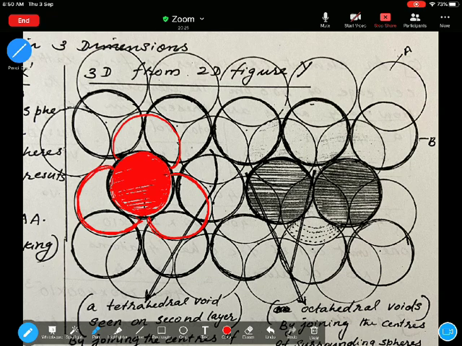In that gap you can keep a small cation. Cations are smaller. Anions, these red balls, these are anions. In the case of ionic compounds, these bigger ones are anions, and in that gap, I'll show such a gap over here. This is the gap, which is covered by this. See here what I have shown with the shaded ball. So in that gap, a small cation can be kept.